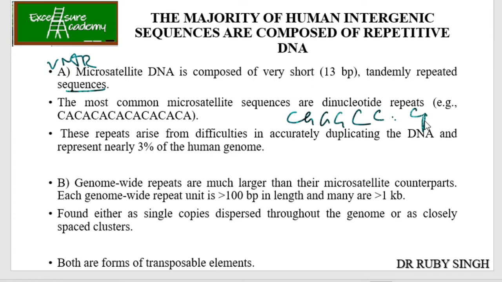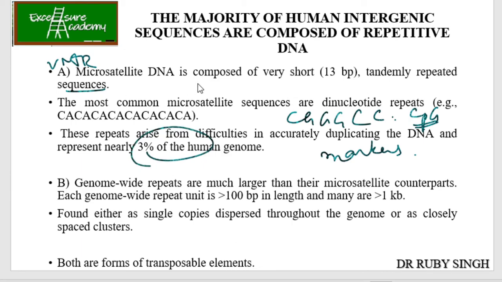So we also say that they are the CpG islands. Okay, so this all we'll study later. So they are nothing but the microsatellite and they act as the markers. Okay. So these repeats arise from the difficulties in accurately duplicating the DNA, and around 3% of the human genome